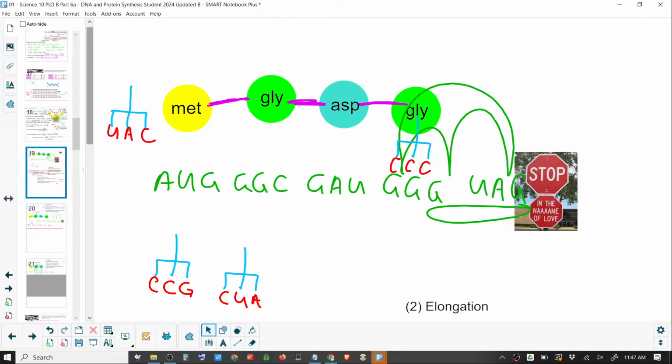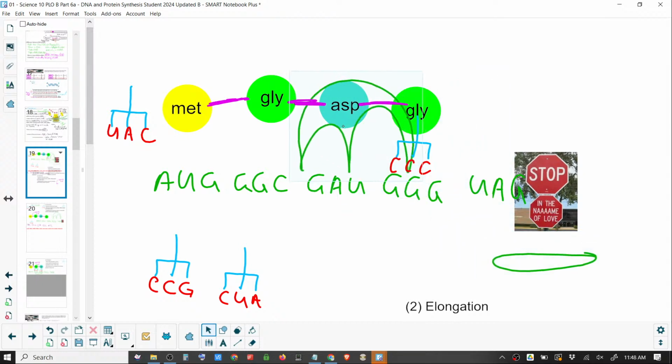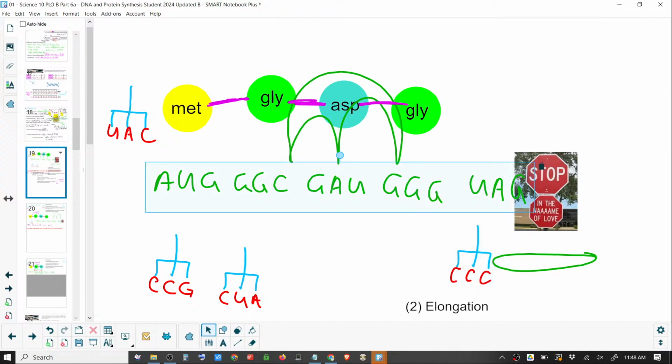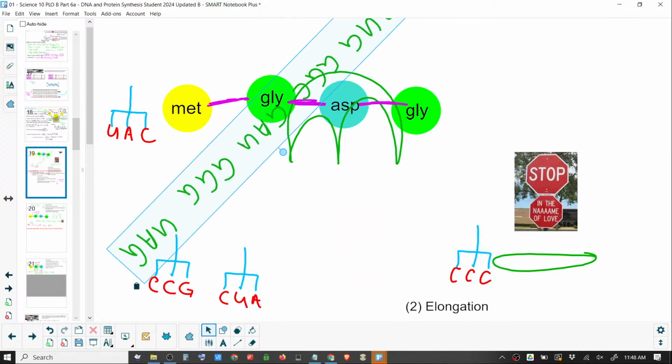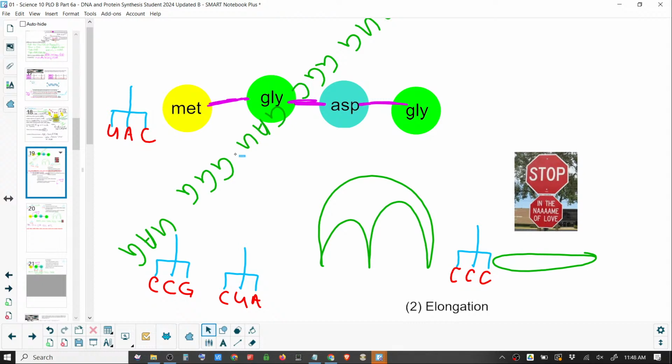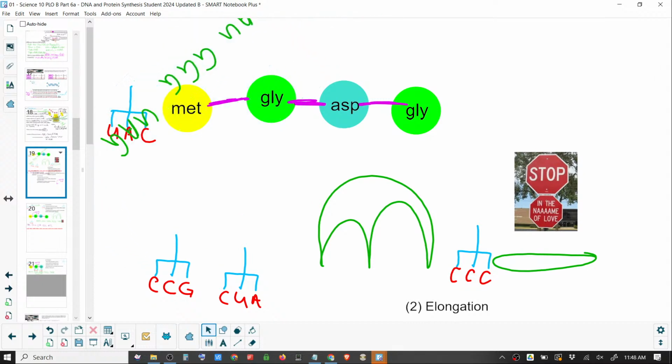And at that point, when it hits this, it disrupts the bonding, and this floats away, and this floats away, and that floats away, and that floats away, and you get left with the protein strand that can now be an enzyme. It may be taken by the endoplasmic reticulum to the Golgi apparatus, packaged and exported outside the cell. If it's like insulin and it's a hormone. If it's used for muscle, it'll now immediately be used inside the cell to be some of the structure of